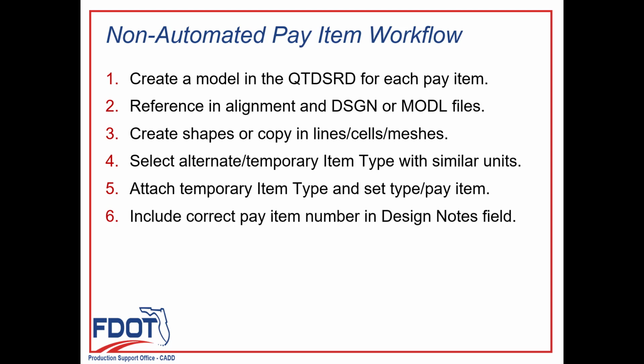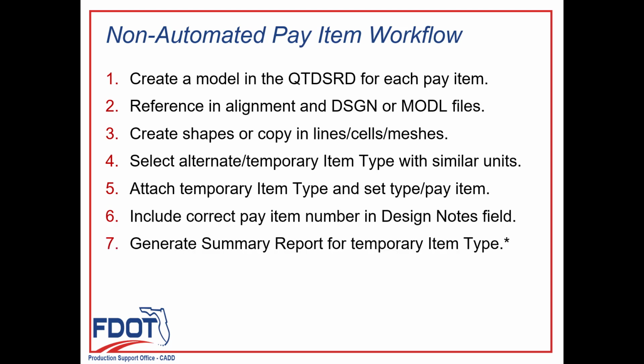This also makes it easier to spot the groups if you have more than one temporary pay item in the same temporary report, as you'll see in the next exercise. Then we can generate the summary report that includes the temporary item type. In our example, we will generate the summary of ditch pavement, but if you chose a different item type, you'll need to make sure to pick the correct report for that item type.